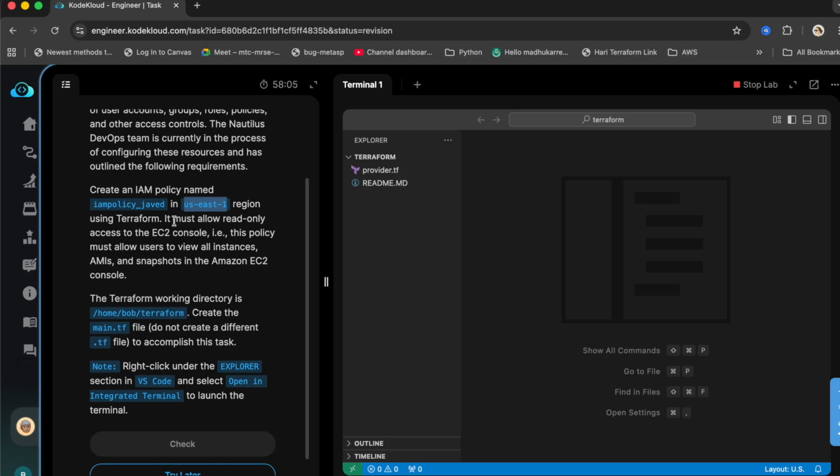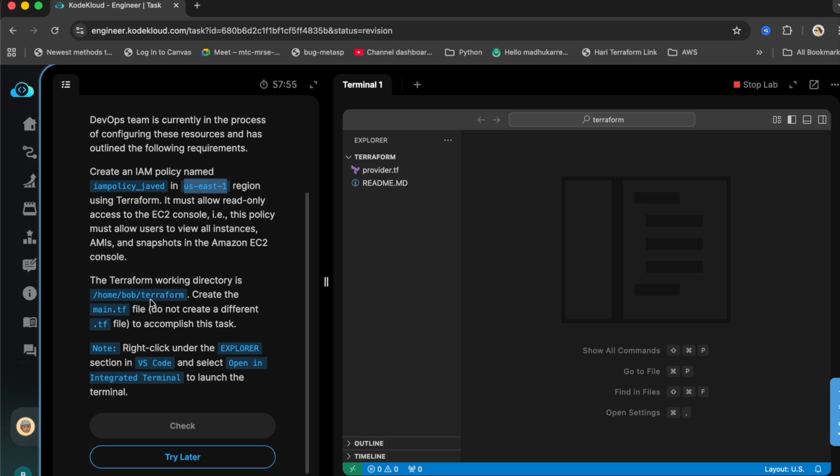And then in this one, we need to allow read-only access to the EC2 console. That is, the policy must allow users to view all instances, AMIs, snapshots, and everything. So let's create that. We need to create a main.tf file,